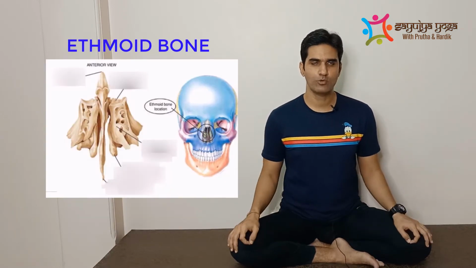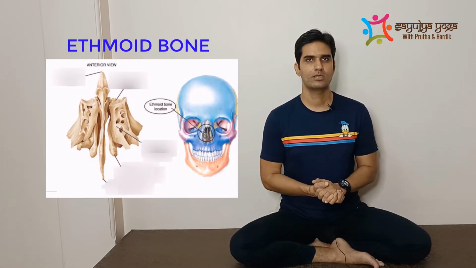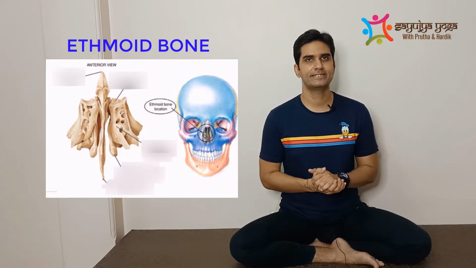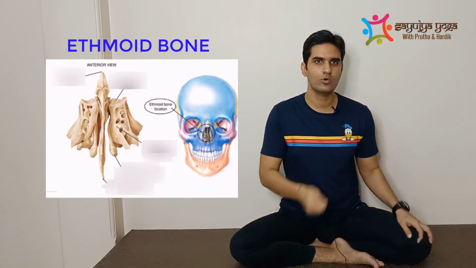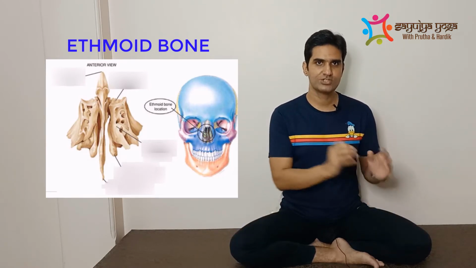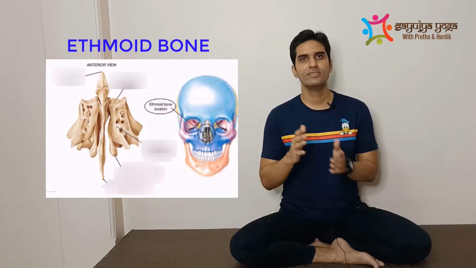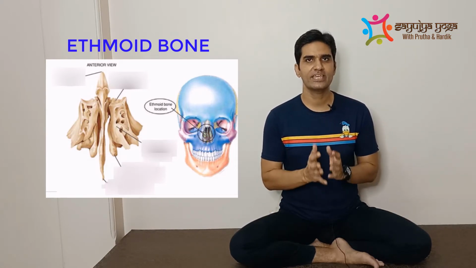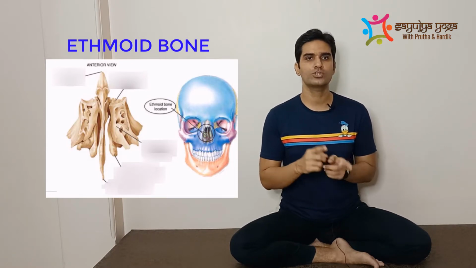Now let's move to the next bone, ethmoid bone. Ethmoid comes from a word that means a strainer. That's because the top of this bone has something called cribriform plates that contain tiny holes. So you must have seen a strainer. It contains tiny holes. Similarly, the top of this bone looks like that, and it resembles a strainer. It is located inferior to the frontal bone and between the sphenoid and nasal bones. It is mostly enclosed or encased within the skull. That's how I remember this one. The ethmoid is the enclosed cranial bone.